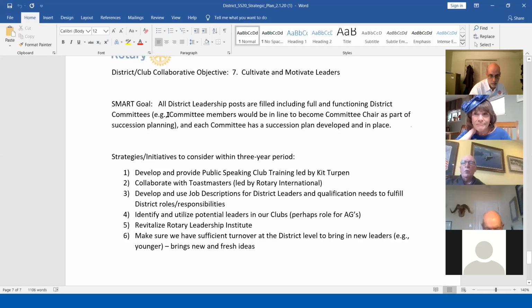And we always want to ask current leaders to foster and to grow people that they would like to bring up to replace them. Every committee chair should have a plan to grow their replacement. So the committees continue to operate effectively in those transitions. And so that's our last goal, is to cultivate and motivate our members. So we always have a good deep bench of leaders to step in as we continue to move on and